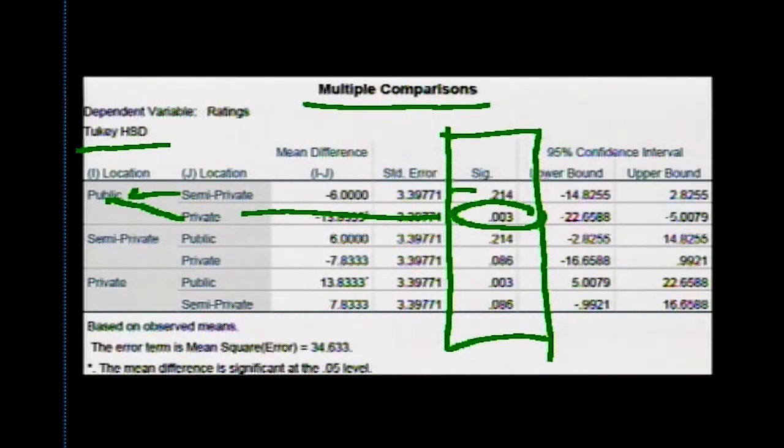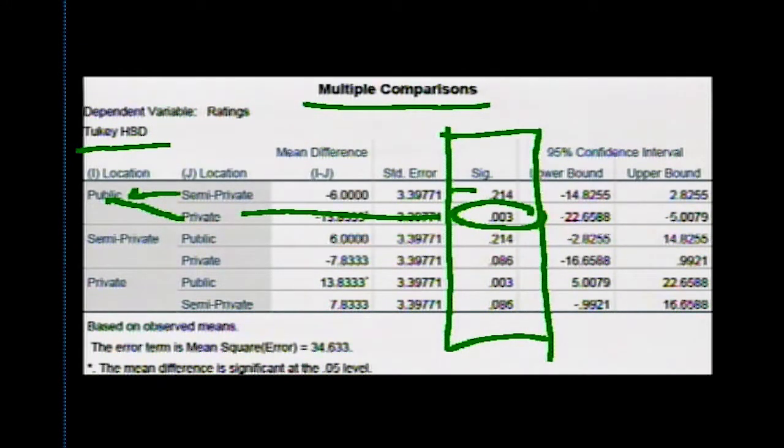So here we see not just, like we did in the F ratio box, indicating an overall difference in the model, but here we see the specific difference. And it was just like we talked about in the beginning of the show: are the ratings in the public setting significantly different from the ratings in the private setting? And we see, in fact, our model does show that they are significantly different.